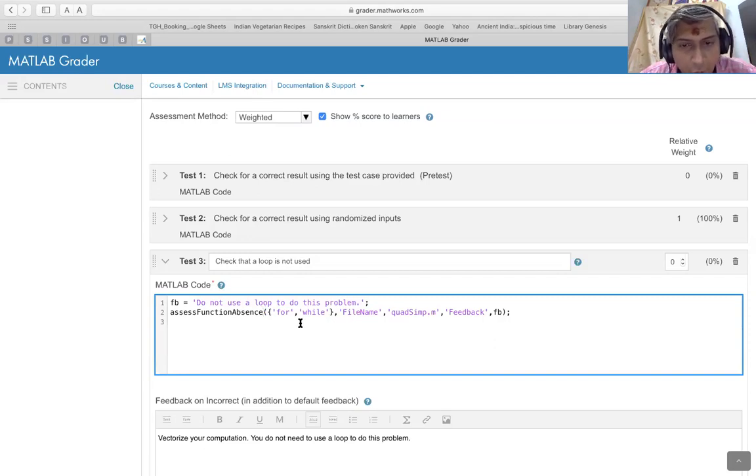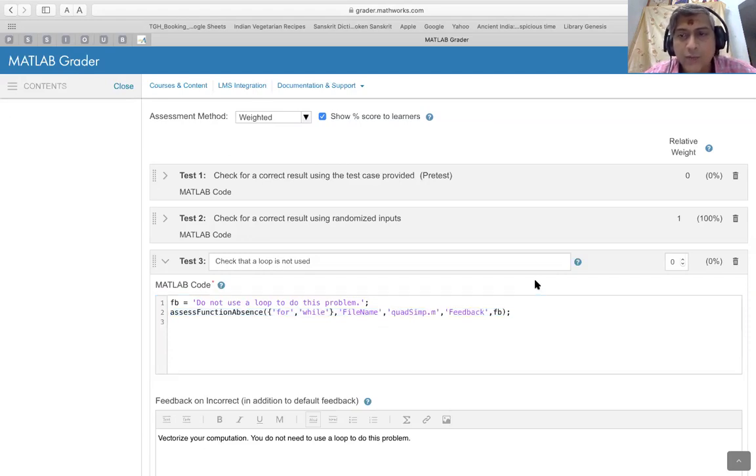So essentially, you want to rule out that the user has used for and while, and you can use this code to assess the absence of the usage of for or while. So you understand the benefit of going through a sample problem like this, so that you know how to set up your problem in similar situations.